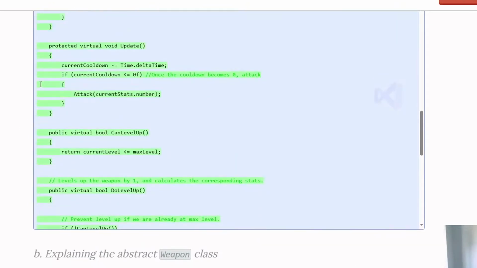So the update class basically just tracks the cooldown of the weapon, and then whenever the cooldown of the weapon reaches 0, it's going to call the attack function. The attack function takes a parameter, which is the number of projectiles to fire, or the number of times the weapon fires every time the cooldown finishes. Again, if you recall, weapons like the knife and the whip fire multiple copies of the attack at higher levels. And then we have can level up, which controls whether the weapon is currently able to